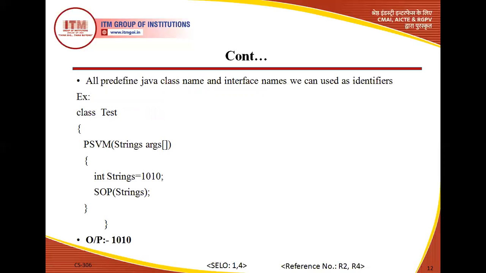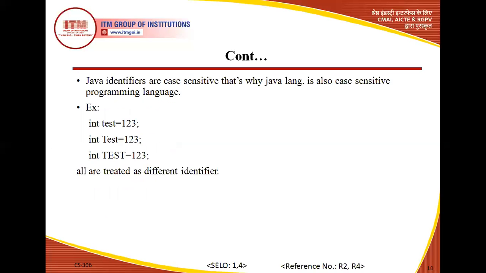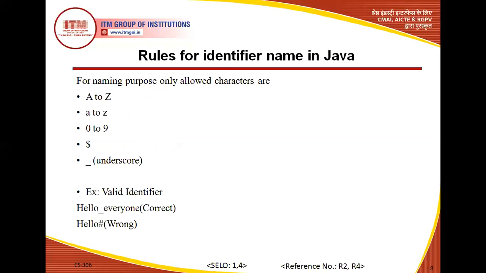Clear? Now, just recall some rules. This is the sixth one, and then we can come to a small program. The first rule: the name of an identifier may contain capital A to capital Z, small a to small z, 0 to 9, hash and dollar. Apart from these characters, no other character is allowed in names. This is an important point.